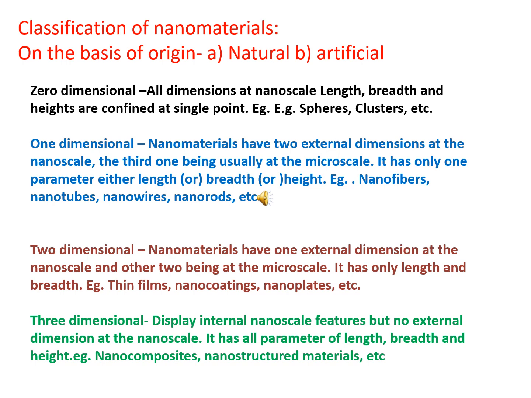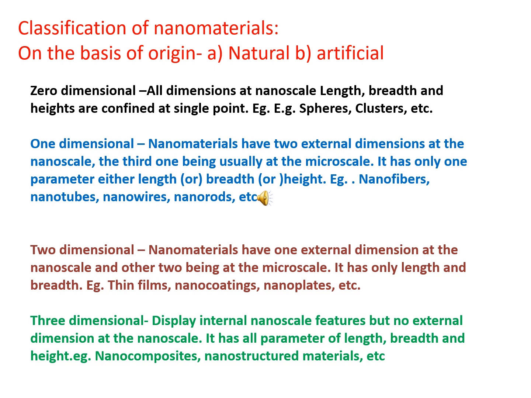Now, let us see the classification of nanomaterials. How do we classify the nanomaterials? On the basis of origin, that is, with respect to their sources, we can classify them as natural as well as artificial. With respect to their structure, otherwise dimension, we can classify them as 0-dimensional, 1-dimensional,